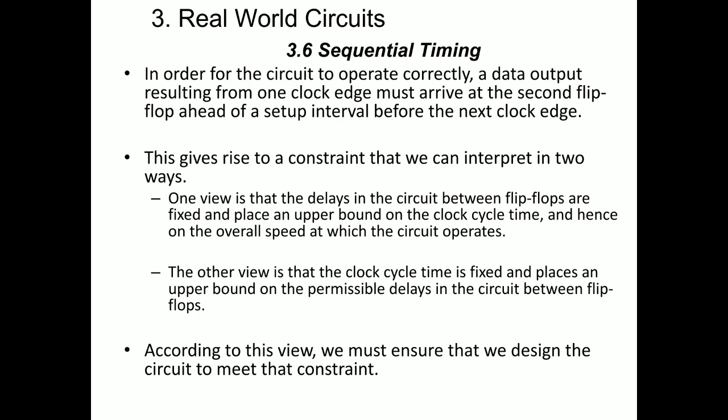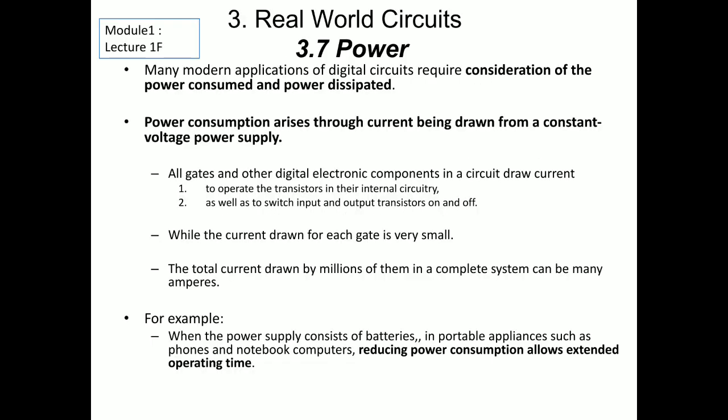We saw voltage constraints, and now in sequential timing, a constraint means if we want the output within 5 seconds, the device should be able to produce the output at 5 seconds. If we expect the output to be produced within 10 seconds, it should be able to produce the output within 10 seconds. These are constraints, and that is about the sequential timing concept.